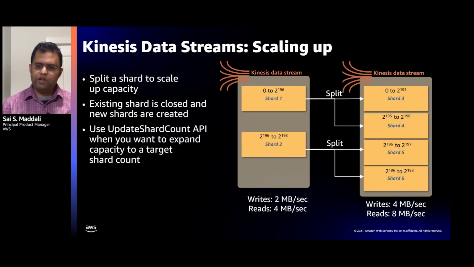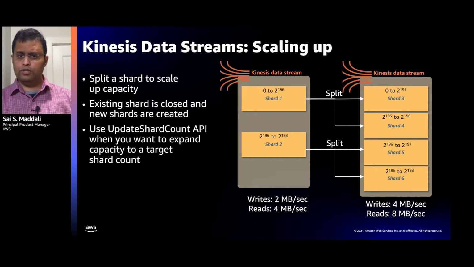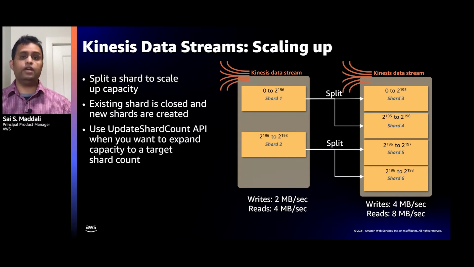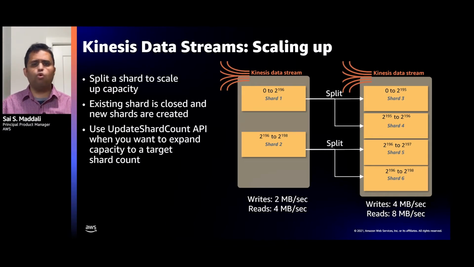So I briefly touched upon this. One of the key benefits of Kinesis data streams, and you're going to see that with the VMware example as well, is the ability to scale up and scale down capacity pretty quickly. Like we discussed, each shard owns a hash key range, and the data is routed to them based on the partition key that you supply. Now, you may get a question: what happens if more than 1 megabyte per second of records are routed to a single shard? How do I address that?